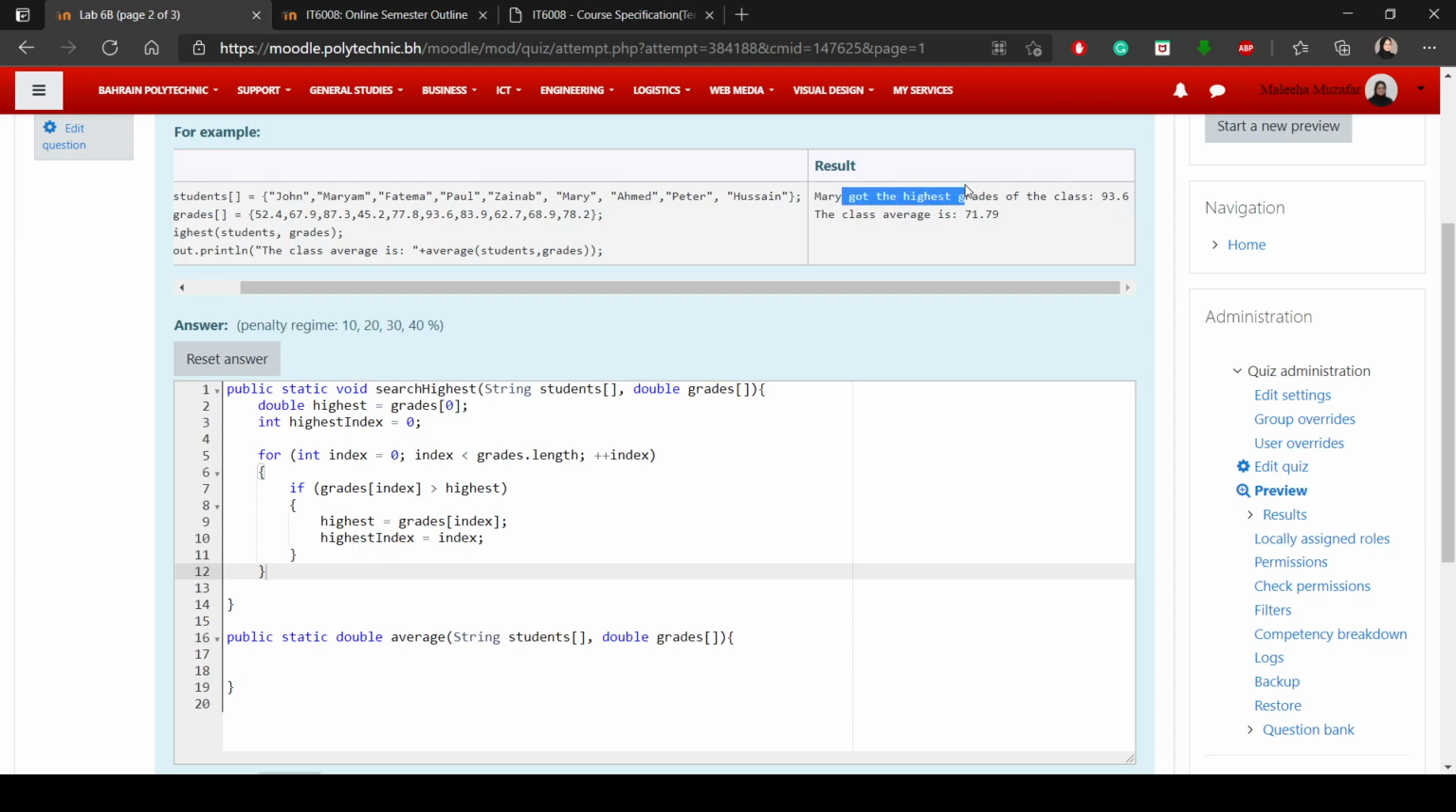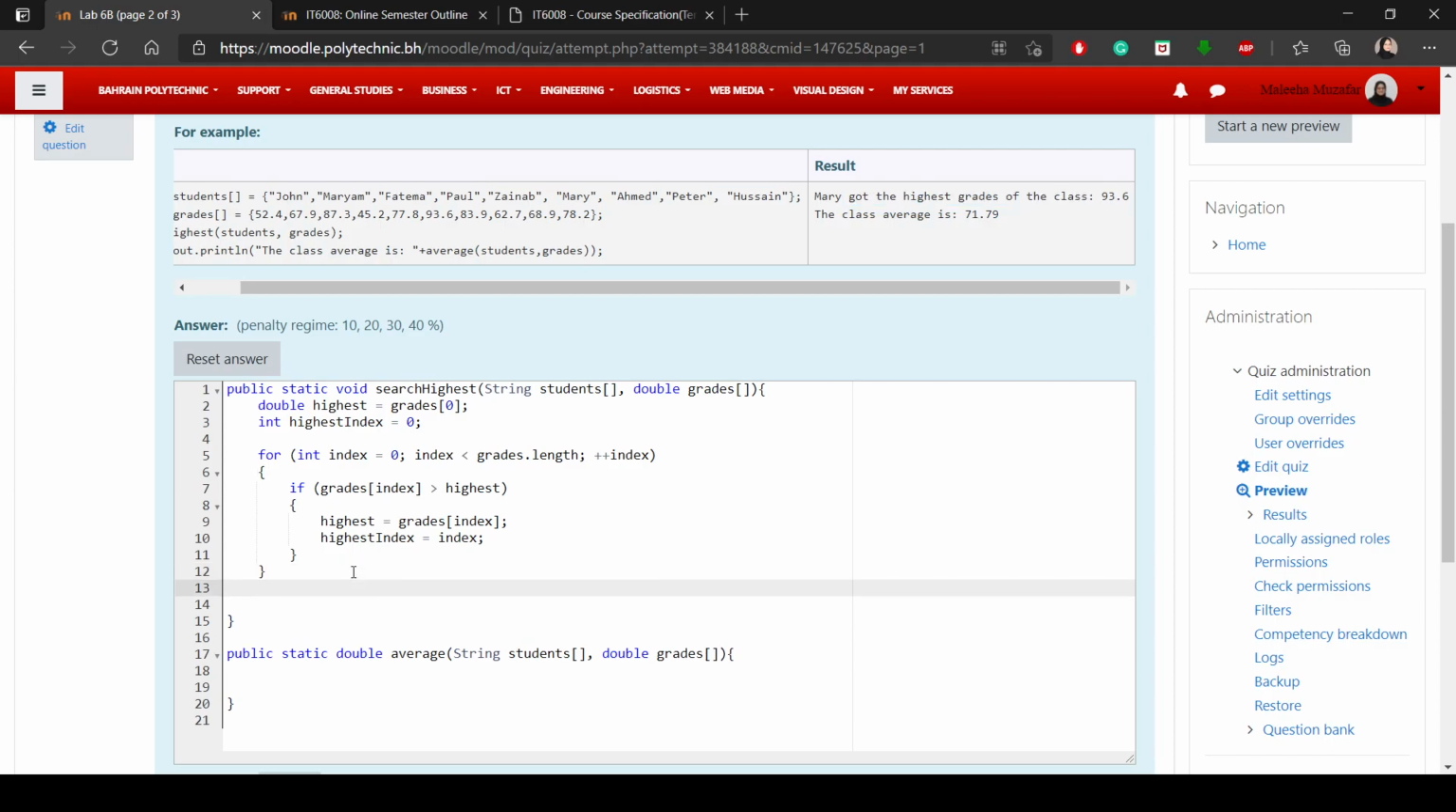So I'll just copy this whole thing, and I'll print it out here. System.out.println. So the first thing I need to print out is the name of the student. We know the highest index, whichever that index is. Let's say it was 5. So you need to look at the 5th index in the students array also to figure out which student it was. All right. So I would just write students of highest index